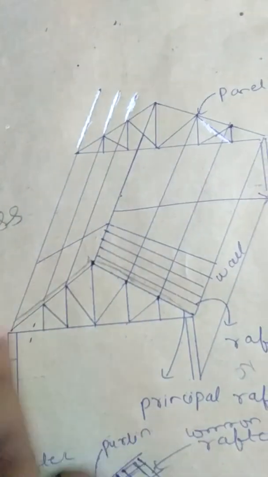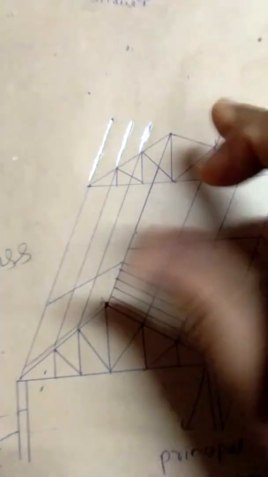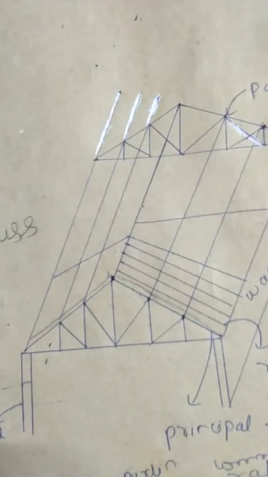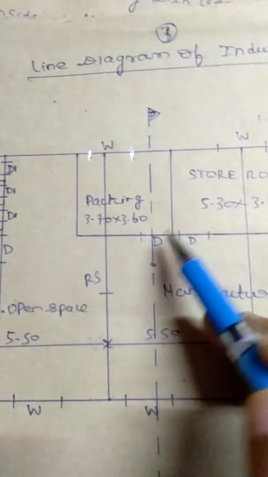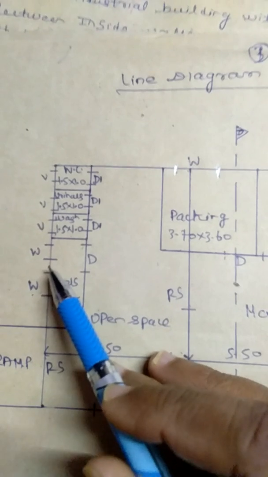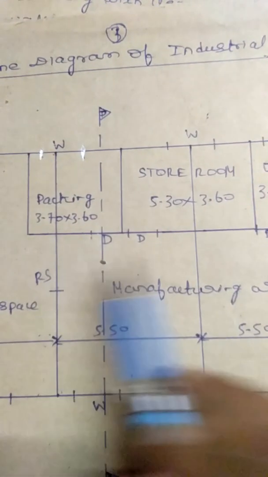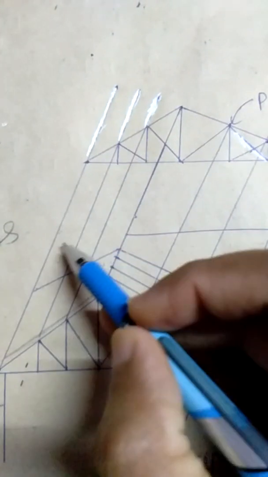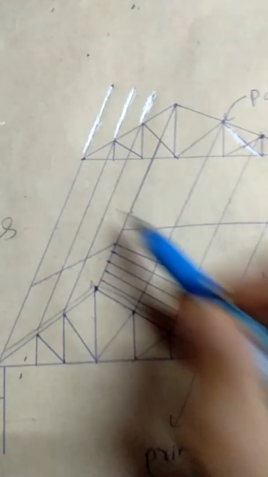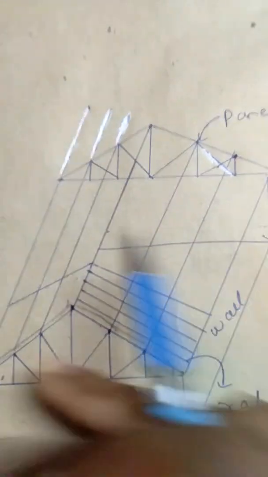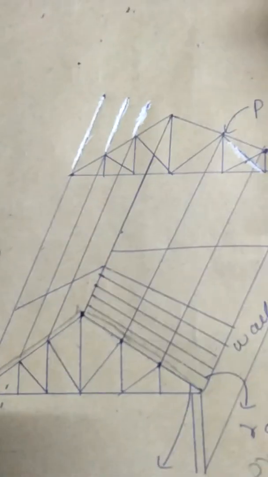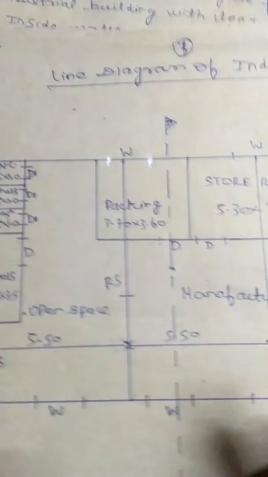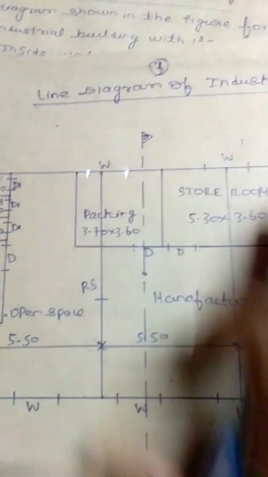So you can just get it likened here. So you can see the building here, how it looks. So here there are only two trusses, okay, but in this plan you can see there are four trusses. So the starting truss and the end truss, between these two there are two trusses here, okay. So just in this diagram only draw another truss here and draw another truss here. So there will be four trusses in all. So this is how the total thing goes.